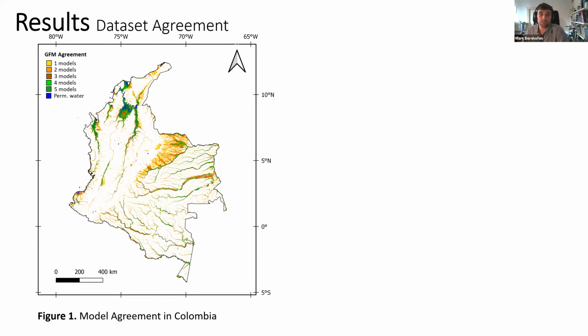Another thing we found was that disagreement was higher in coastal basins than in inland basins. This is likely due to the low elevation relief in coastal basins, making flood modeling more difficult. And also we found that there were some differences between the coastal boundary conditions between the models.